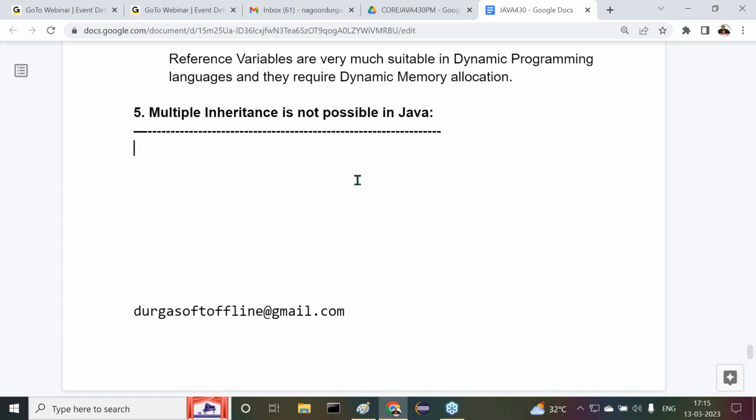I want to say Java is an object-oriented programming language. But how can you say Java is an object-oriented programming language? Directly, I'm giving a definition to you. Try to understand it. If any programming language